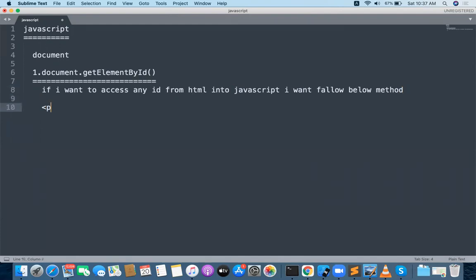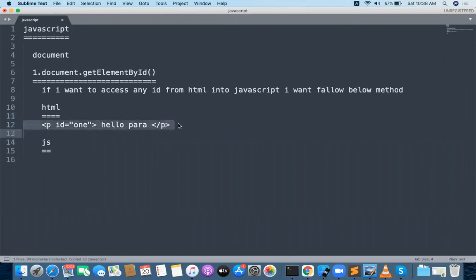For example, there is a paragraph available here, and this paragraph has an ID called 1. This is a hello para, and I want to access this ID in JavaScript. Let me write the JS now. So this is HTML, and in HTML there is one paragraph which has an ID.